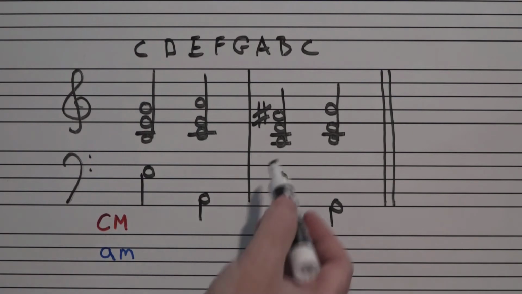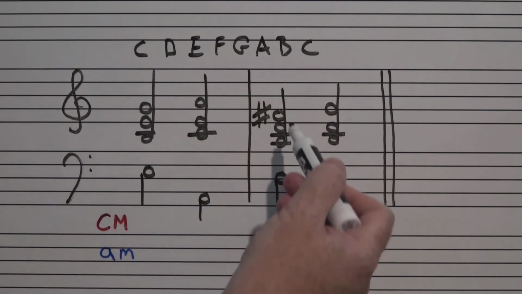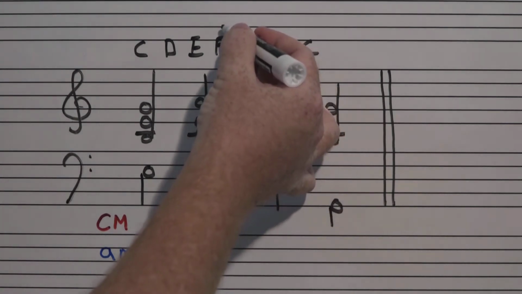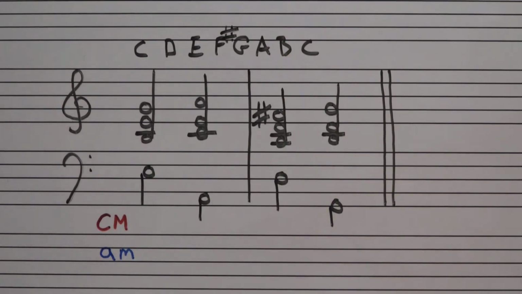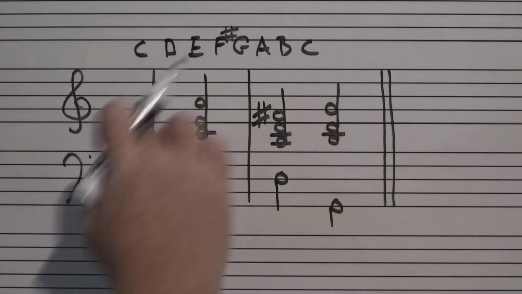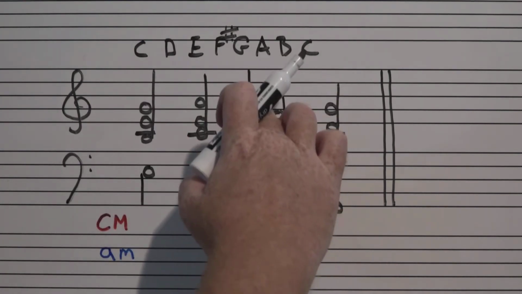But notice we have an F sharp, and the only F for the entire excerpt is F sharp. So we really should be looking for a scale and key that has an F sharp. Notice that since all of the Fs are sharp, and that's the only F we have, maybe it'd be best